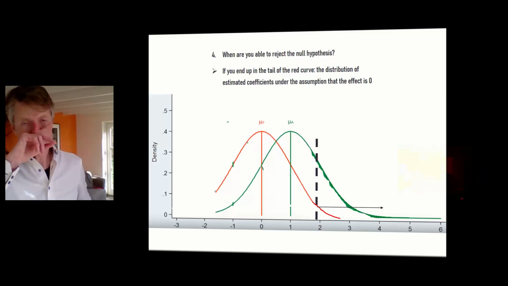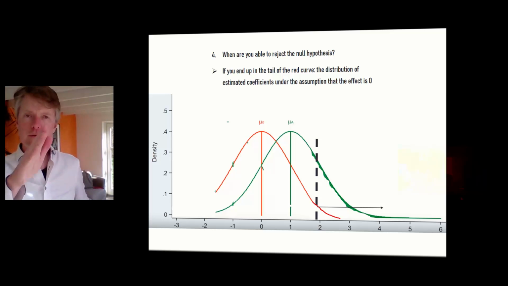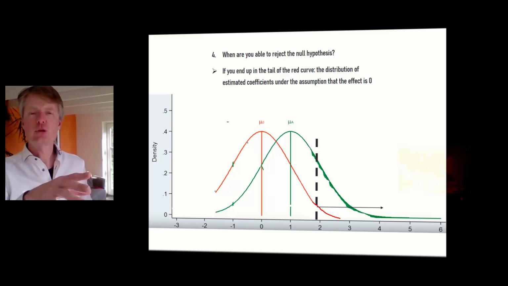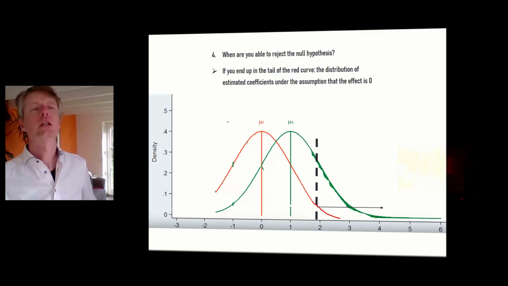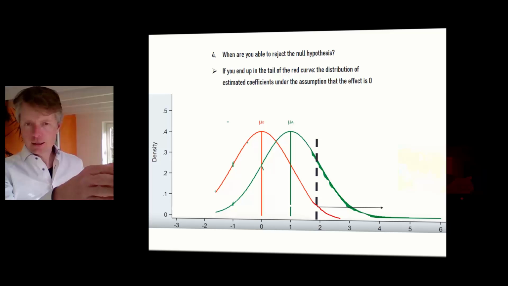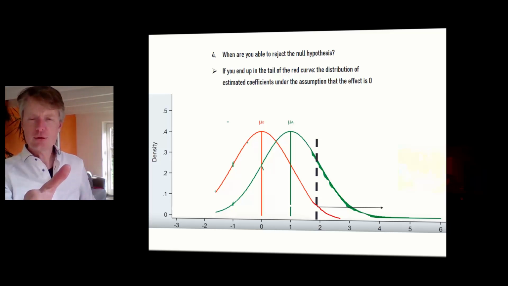Well, that happens when we are in the tails of the distribution of the red curve, so the distribution of the estimated coefficient under the assumption that the effect is 0. Right? You can also draw this curve under the assumption that there's no effect, and then only if you end up in the tail, so if you get a t statistic of 1.96 or higher, then you reject the null hypothesis of no effect,